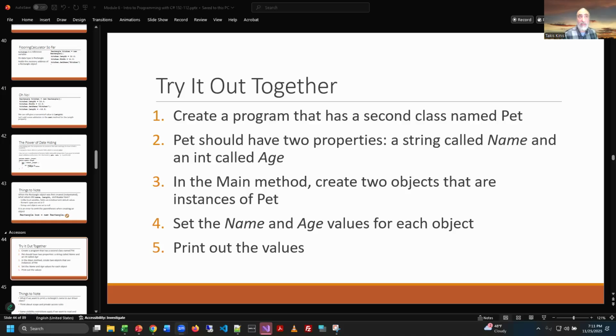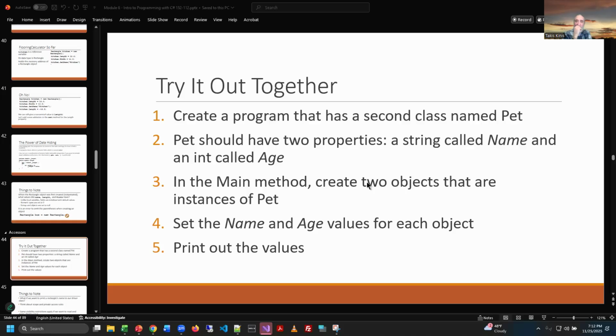We're going to start by doing this try it out exercise, and in the process of it, try to recall some of the things that we learned last week and hopefully strengthen those concepts as we do the work. All right. First thing I want to do is read through this, and it says create a program